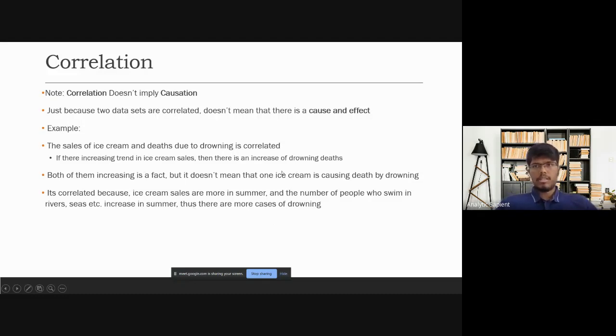So it is important to understand what the overall umbrella is as well. Here, if you see, they're both related to summer, but these two are not related to each other. So correlation doesn't mean causation, and that's why it is important to understand the variables that you're analyzing. Okay, so correlation doesn't